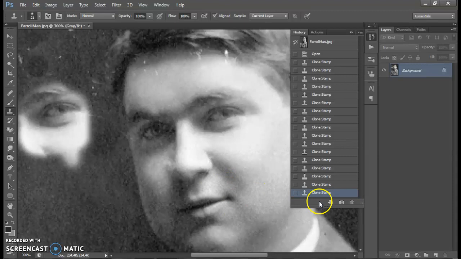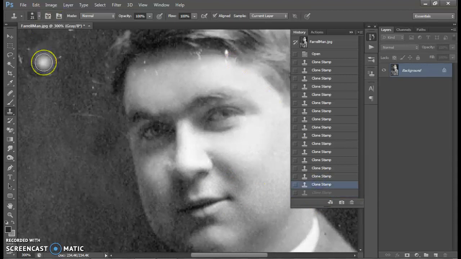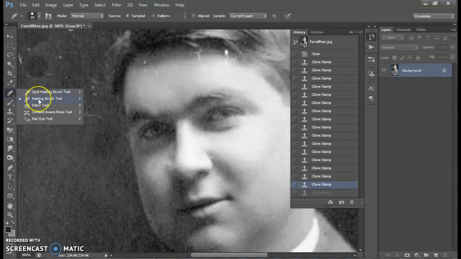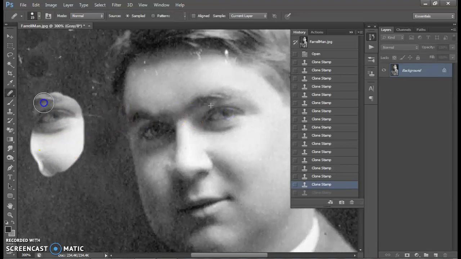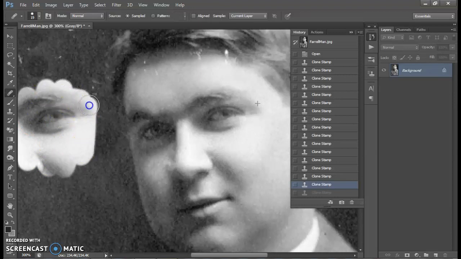So I'm going to undo that. Now I want to show you guys the healing brush. Again, you have to press and hold and make sure that you're working with this one, not spot. So here's the healing brush. And if I press and hold it over the eye, alt-click, and I bring it over here, it looks exactly like the clone brush. But as soon as I let it go,